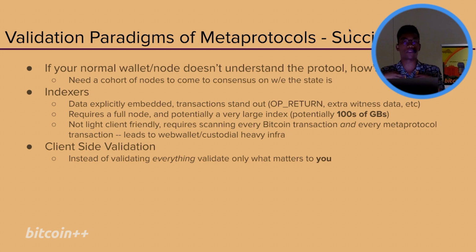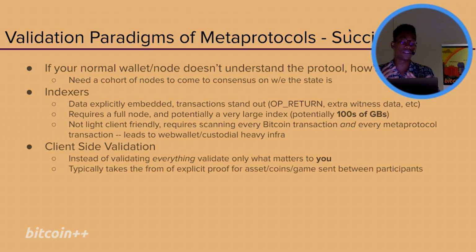You're just saying, okay, if I'm accepting something or interacting with something itself, I should validate that thing is actually correct. And this allows me to not validate every single thing within the chain itself. And this is nice because now it's sort of like an explicit proof between participants, versus needing to scan every single item in the chain, right?